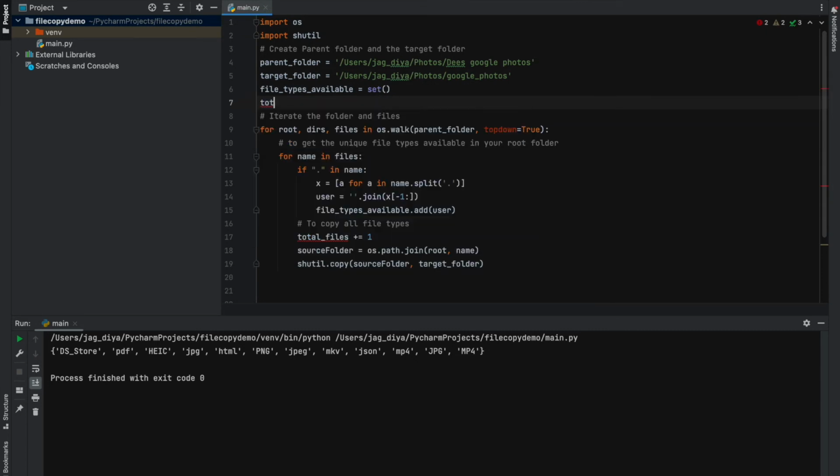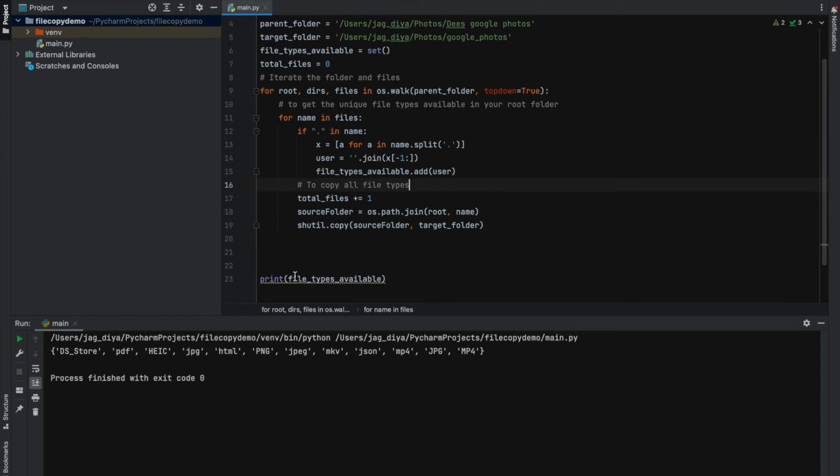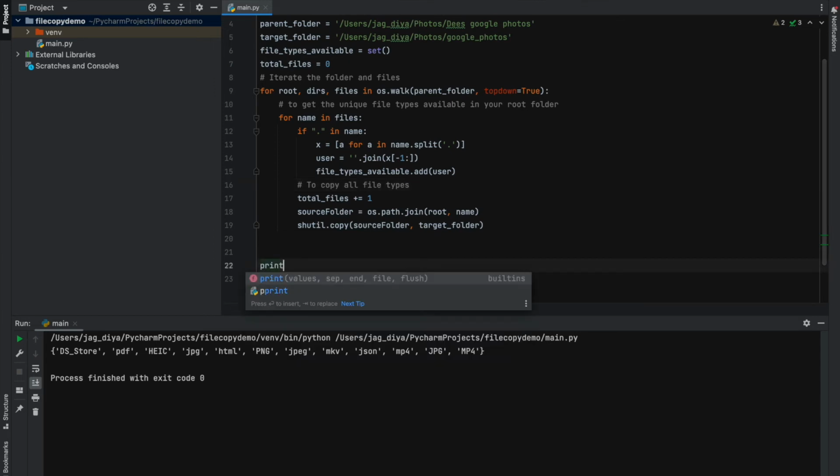Let's say total_files = 0, right? And this would count the total files. Okay, so let me print that here. Print total available files are